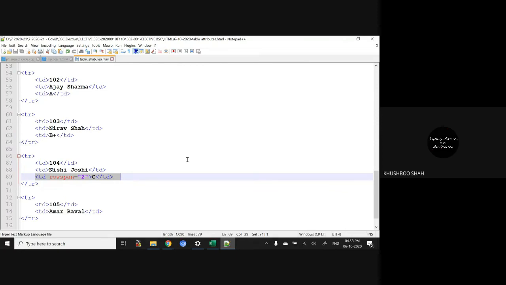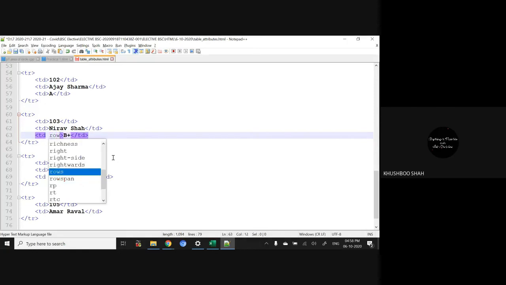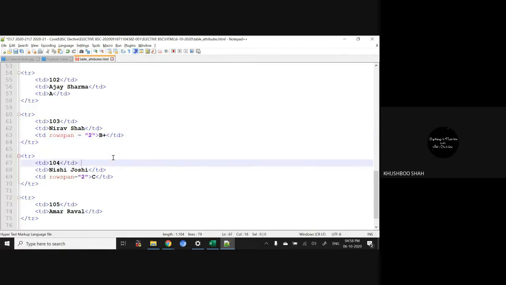Now let's just check. Suppose I am writing this over here in the third. What will happen? Rowspan is equal to 2, and from here I am just deleting this. So I have rowspan for 2 rows in 104, and here I am not writing anything.